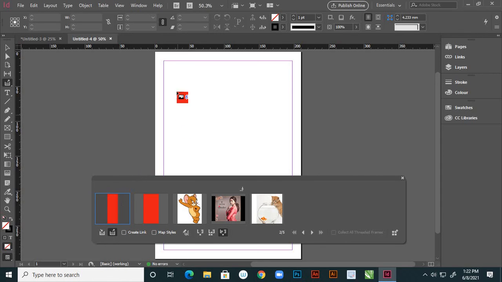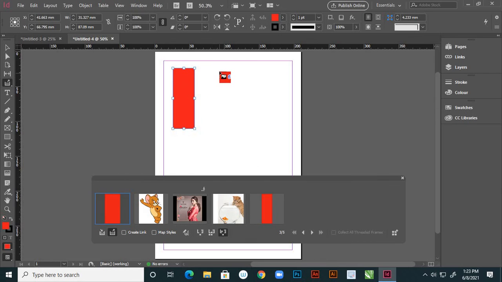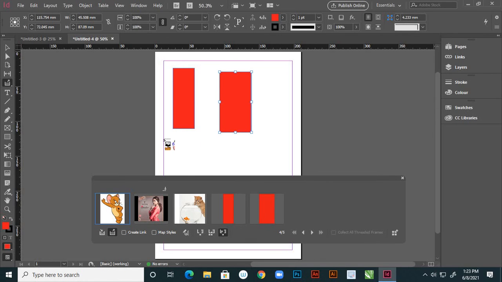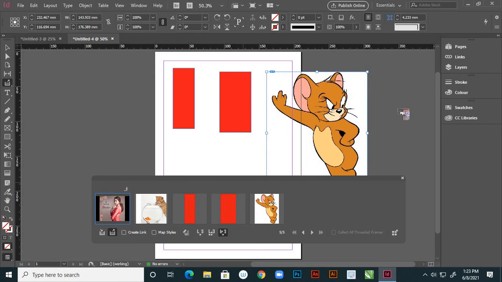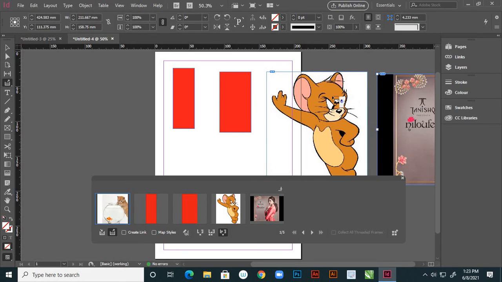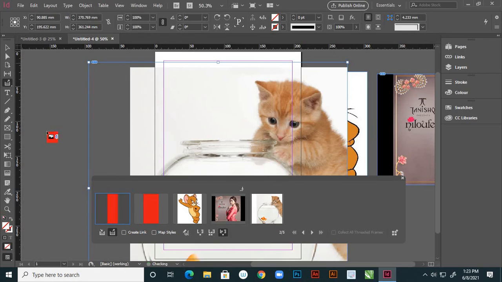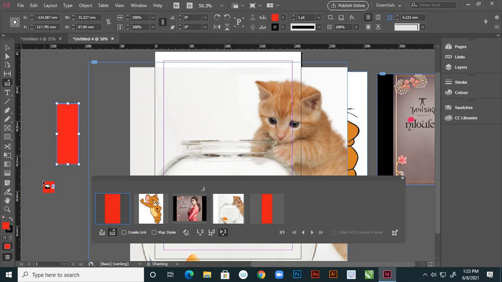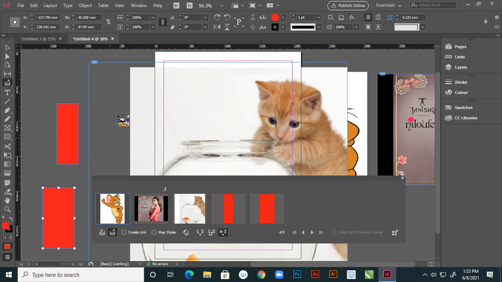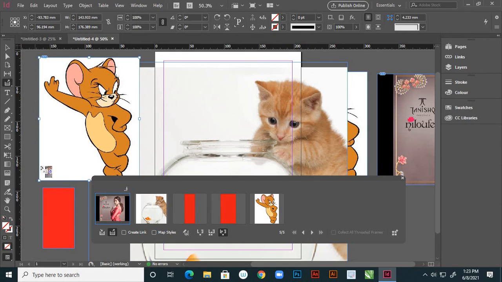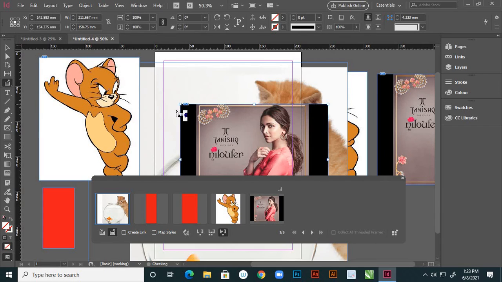So with this tool, you click here, see, after adding one by one, you are getting, right? So these are all adding contents. So you can add many times, right?